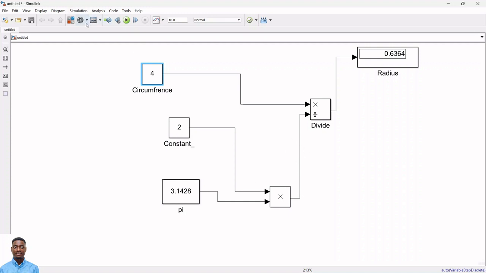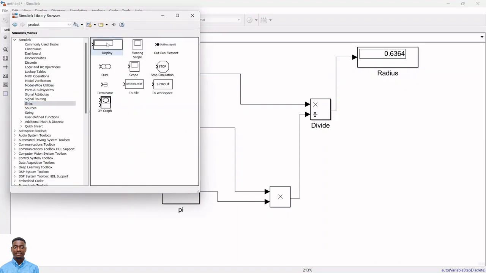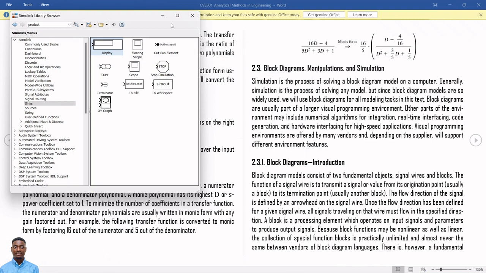So if you want to find out, you can put a display block on this line and attach it to this line. And if I run this simulation, you see that whatever value I have here is the product of these two, because 2 times 3 will be 6, 2 times 1 will be 2, 2 times 4 will be 8. So we can see that the product of this is what is running on this line. So that's what your signal lines are, just to show us by way of example.